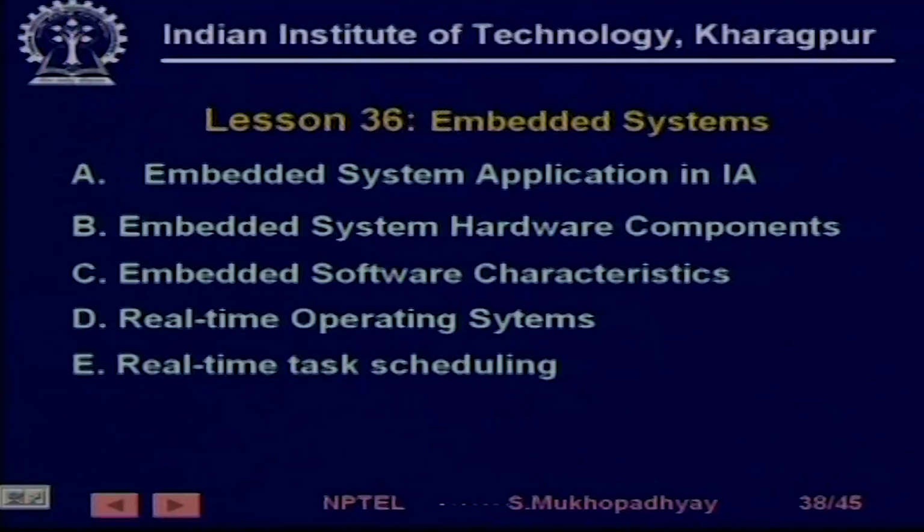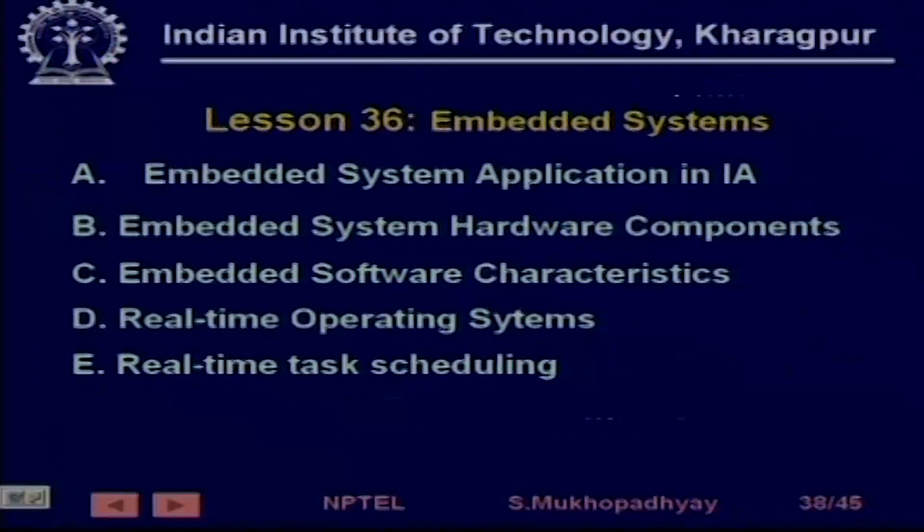So we took a look at embedded systems and understood its basic types of hardware components and basic software characteristics, the kind of software that are used in that. Then we took a look at how many of these systems actually operate. For example, a CNC machine. A CNC machine has at least 3-4 processors. It has axis controllers, it has PLCs, it may also have front end processors which manage the man machine interface. So, all these multiprocessor complex systems generally work under some sort of a real time operating system.